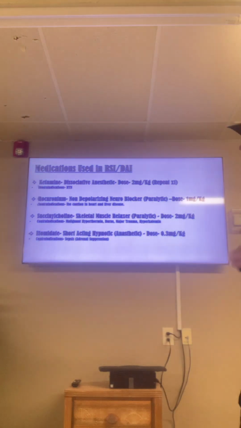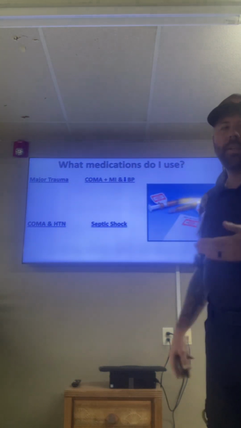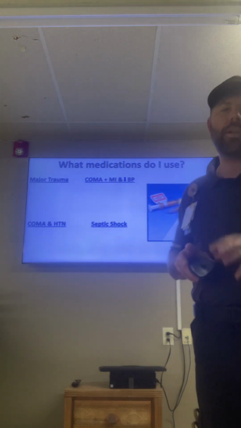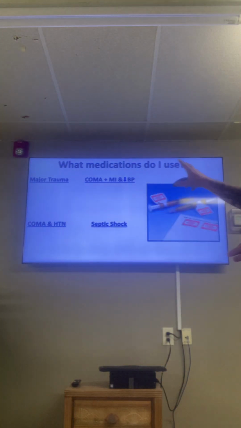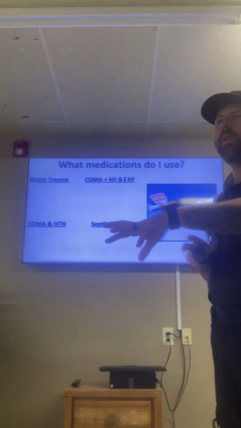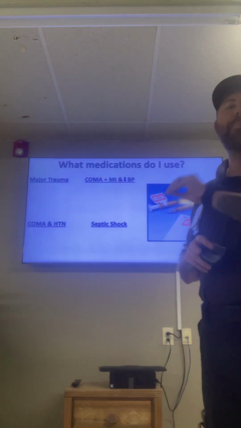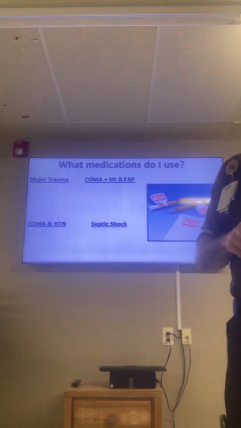So now, this says what medications do I use. This isn't necessarily saying you need to use this medication for these particular things. Again, some people only carry the one thing or the other. So it's not saying that, it's just saying what is best to use in these